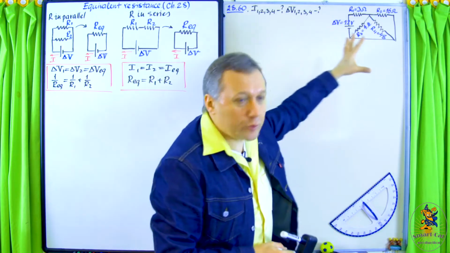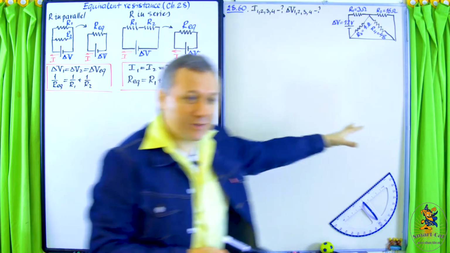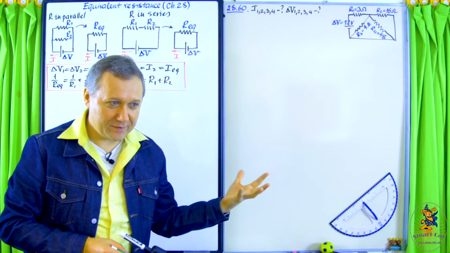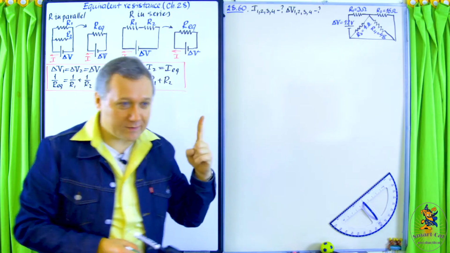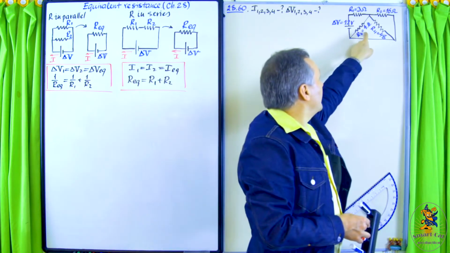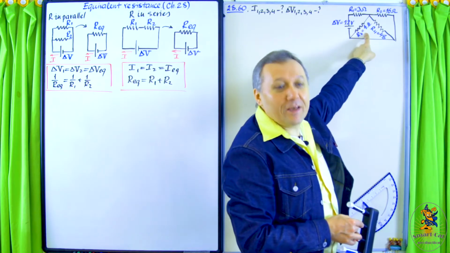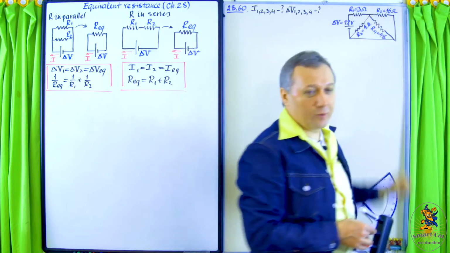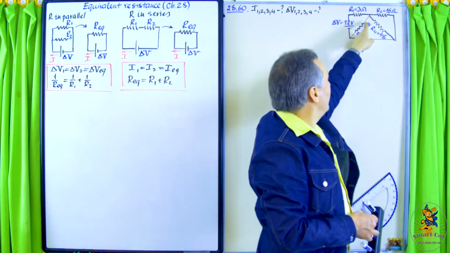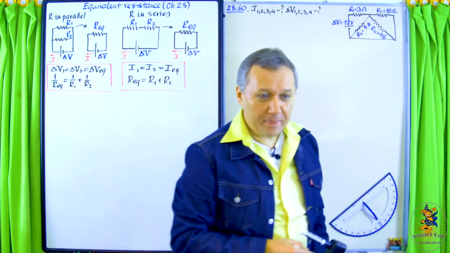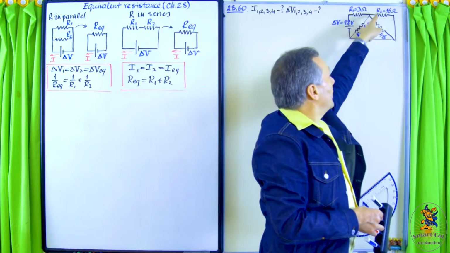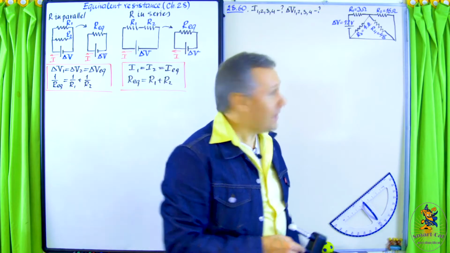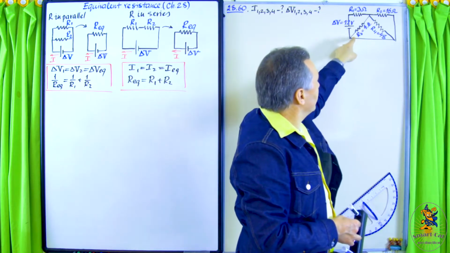Of course, I can redraw the diagram to make it more convenient for our eyes, but it's not the whole story. What else can we say about this R3? It is also connected in parallel with R4 and R2, because again, the potential above this resistor equals the potential above those two resistors, and the electric potential below this resistor over here